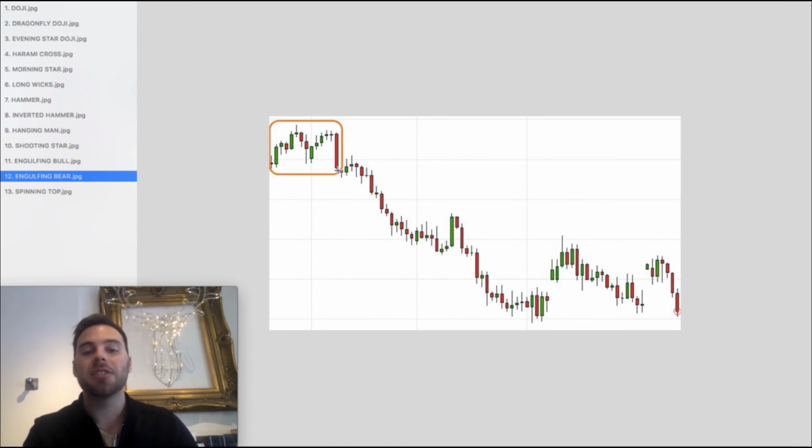Now we don't immediately at the end of this candle head straight down. As you can see, there's a little bit of a consolidation here to the upside, but the eventual trend is all the way down. So as soon as you see that engulfing candlestick, wait until it closes, because if